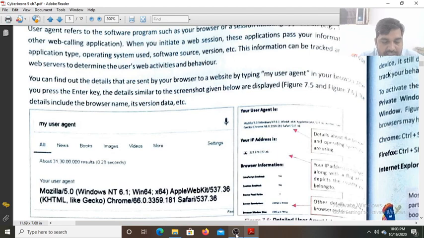You can find out the details that are sent. Why are these sent when you initiate a web session? Because if you are communicating on Skype, according to that, the protocols and the pages they send you from the server will be compatible with your device, so that your browser executes them properly. That's why they use these details, because not every device and browser supports all types of the codes of web pages.